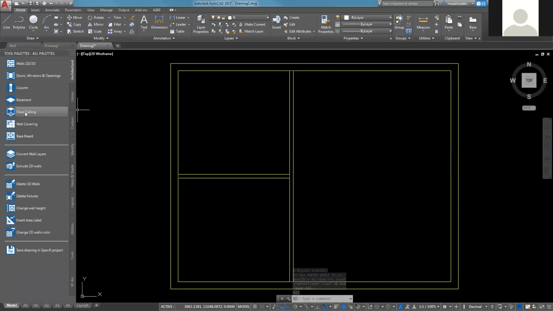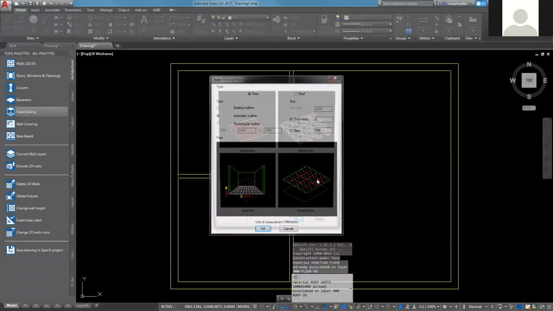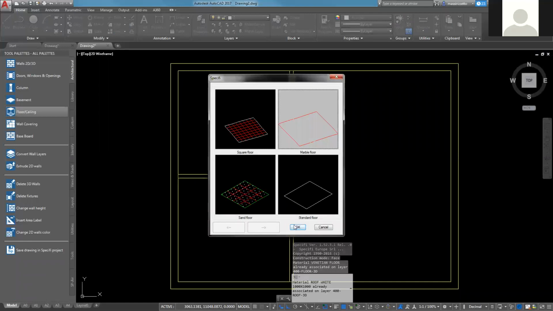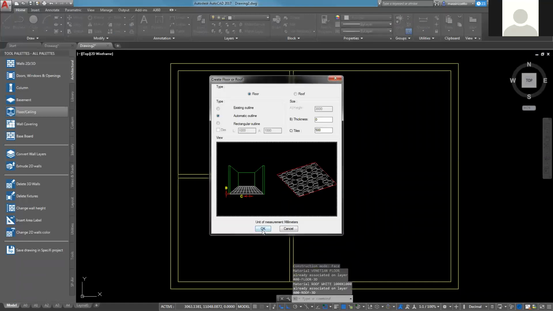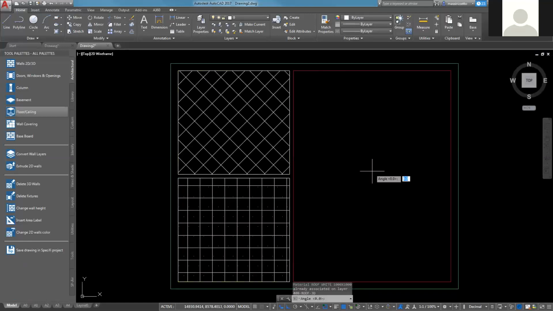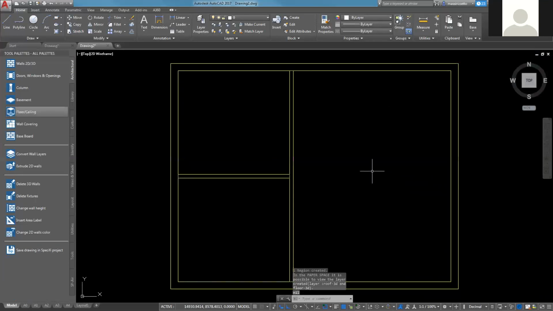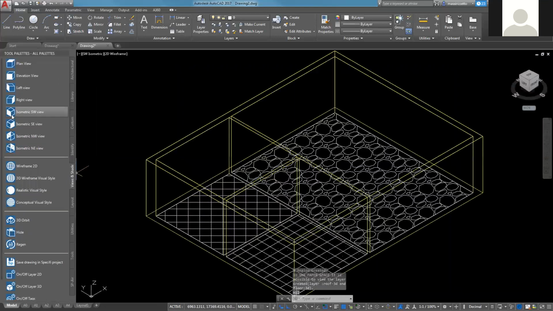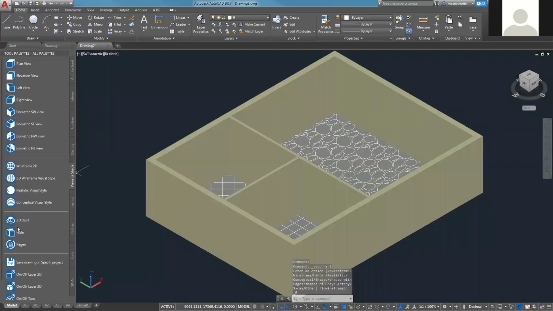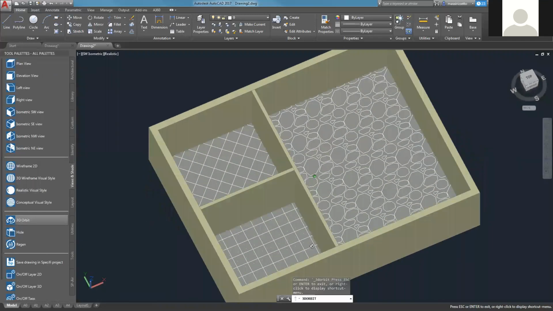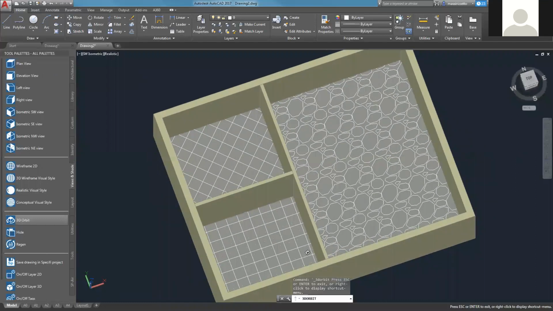I can repeat again. In this case, marble floor. Third one, angle 0. We can move in 3D, and we can see our floor just applied. Coming back to the plan,